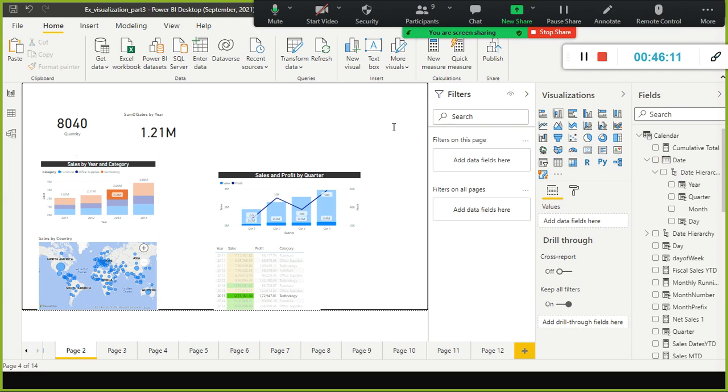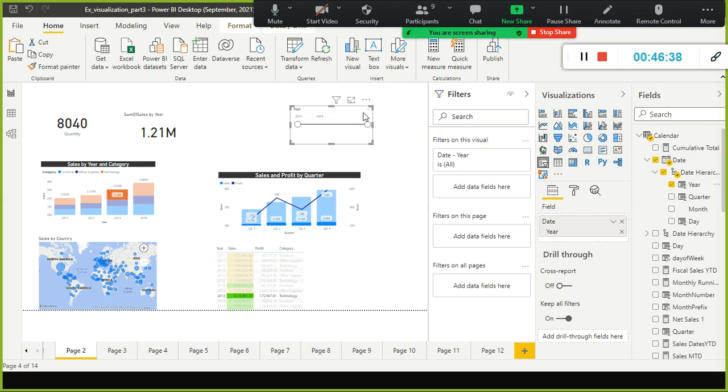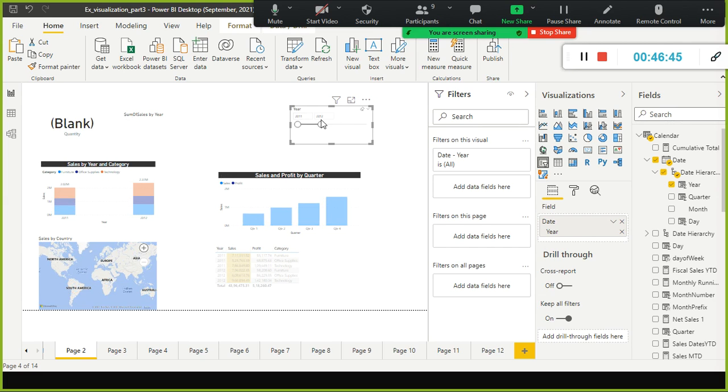But again, year on year, you can use a slicer by applying the filter. This value will get changed. For example, 2011, when I select it, I'll just put a slicer here. This is my slicer using which you can filter the data. You can apply the filter on all the visuals. Here I am going to use year. I'll just drag and drop year, and you can use this one also by changing the year 2011 to 2012.